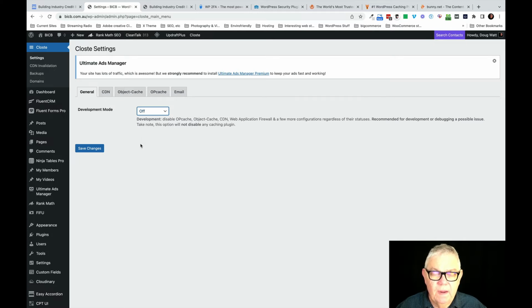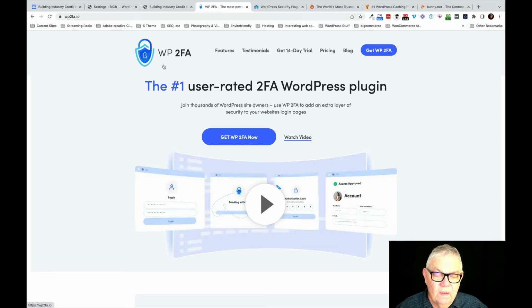Now, a couple of other security plugins. There are many levels of security that you can offer or have on your WordPress site. The very simplest and most straightforward one is available here. There's a free version and there's also a paid version. This is the paid site, but the free version works incredibly well. It's WP2FA. It just simply offers two-factor authentication. The site is wp2fa.io, and whenever you log into the site,